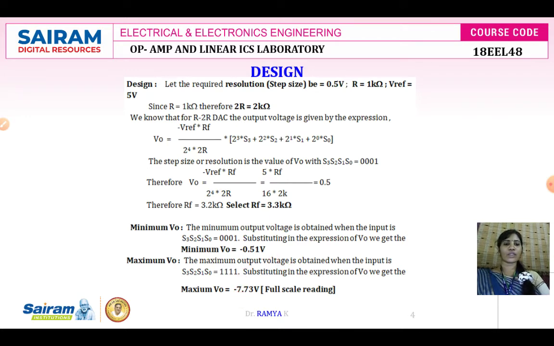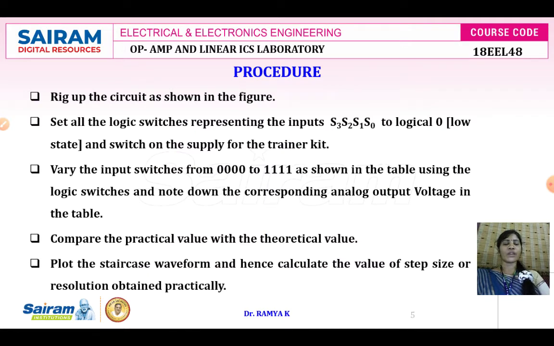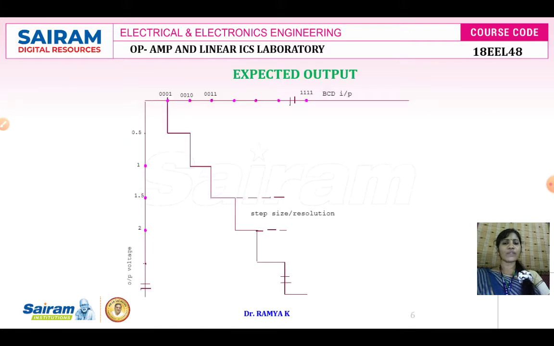Rig up the circuit as shown in the circuit diagram and apply the logic starting from 0000 to 1111 either by closing the switches or by opening the switches S0, S1, S2, S3. Then at the output of the circuit we have to connect one voltmeter. There we have to measure the value of the voltage. Then the practical value of the voltage is compared with the theoretically calculated value.